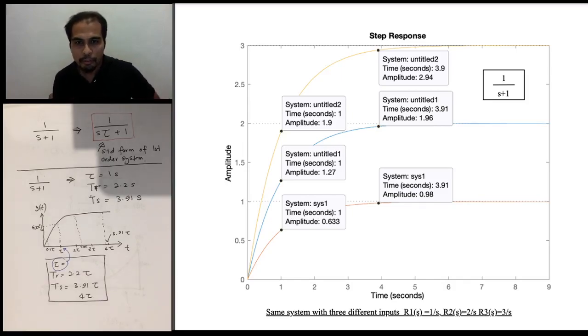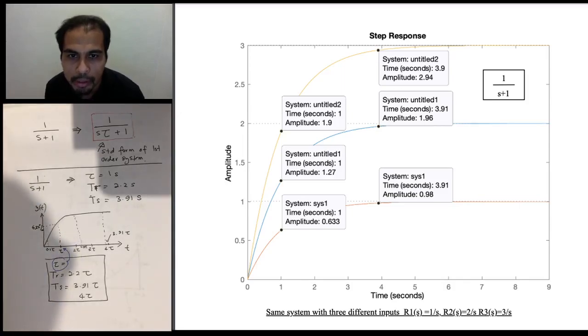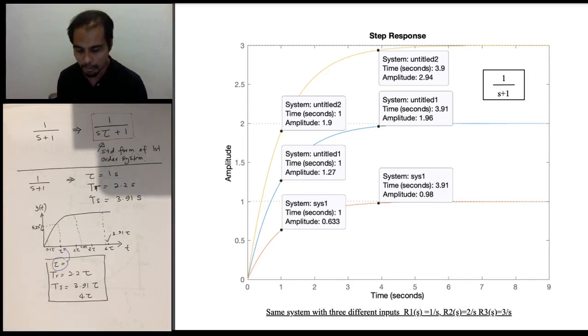Okay, so you see from the slide there are 3 responses: the first one is 1 over s, the second 2 over s, and the third one is 3 over s, the input. But the time will be the same, right? So the system response doesn't change the parameter of the first order systems, but it rather changes the steady state only, right? Okay, now,